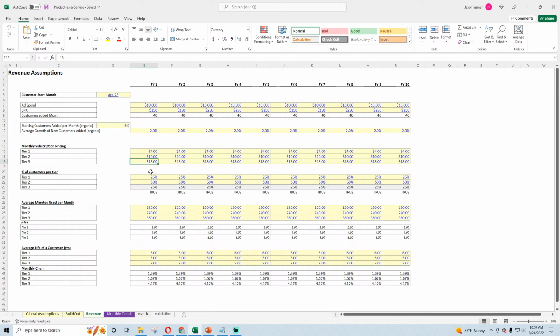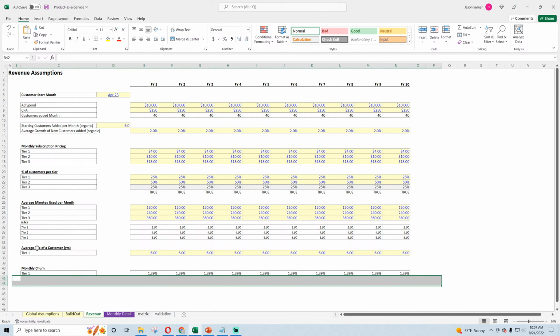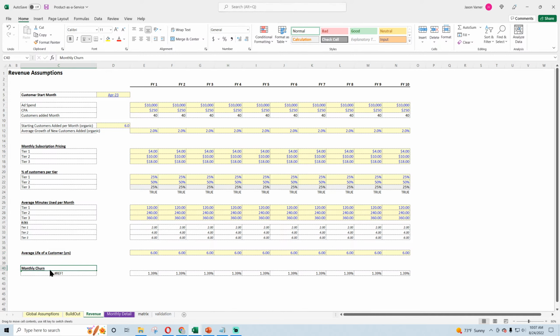It's a bit more simple. And I believe we might switch to that since there's so much other stuff we want to focus on with this model. So we're just going to assume the average life of a customer is the same no matter what customer tier they're in. Okay, so that's one thing.